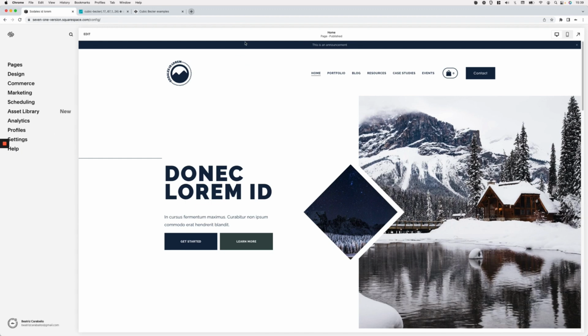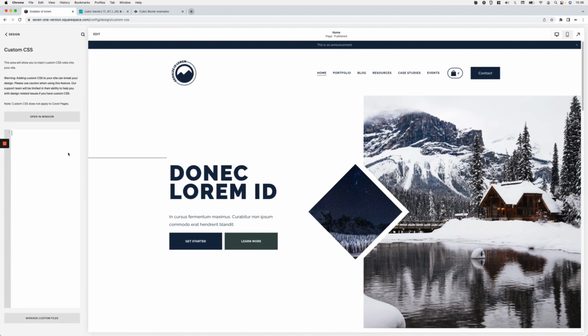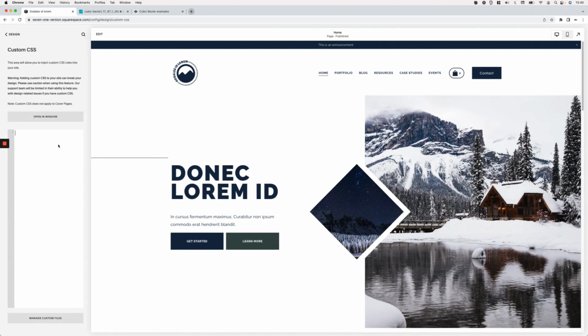Right now you're going to see that nothing's really showing up, and that's totally fine because we don't really have any content within those divs that we just created. That's just a way for us to have a place inside the website where we're going to be adding our stuff through CSS. So let's go ahead and head over here to Design and Custom CSS so we can start building our loading